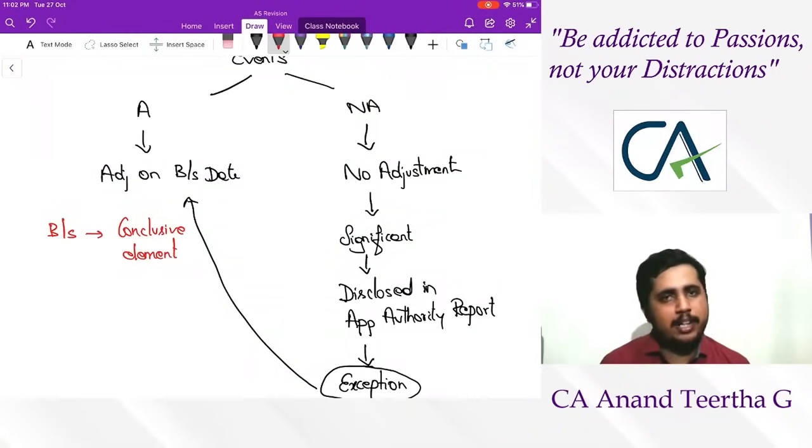So if there is an agreement, then basically everybody will abide by it. So therefore, what happened? This became an adjusting event. For an adjusting event to happen, you should find certain conclusive evidence. You should find that this is already there. After the balance sheet date is only giving you confirmation. If yes, AS4 adjusting event. If no, it is a non-adjusting event. So that's how you have to deal with it.